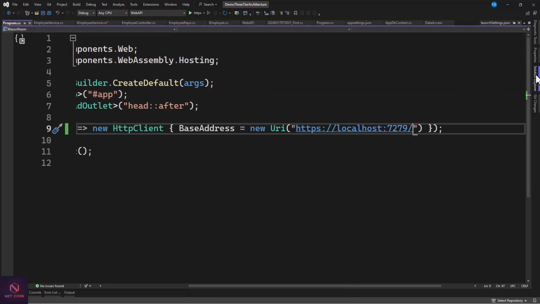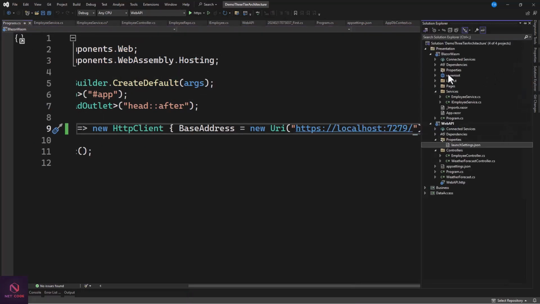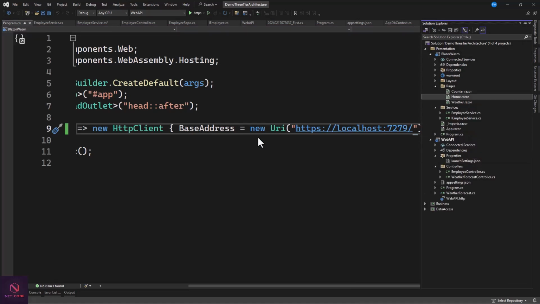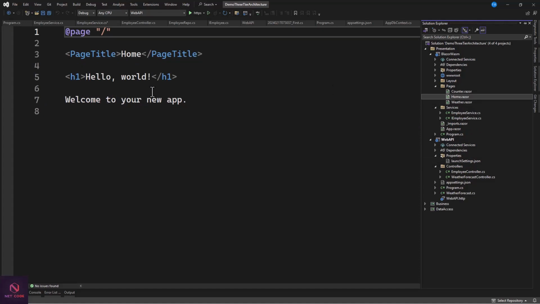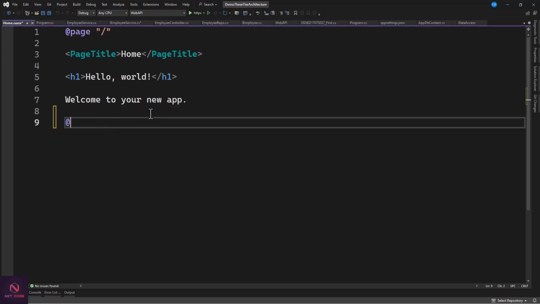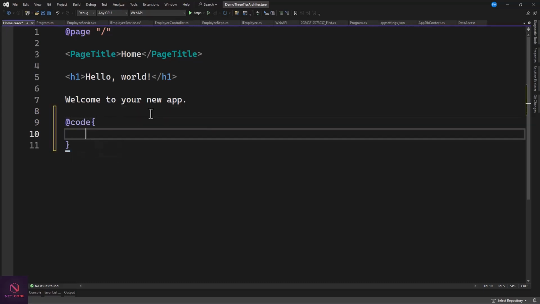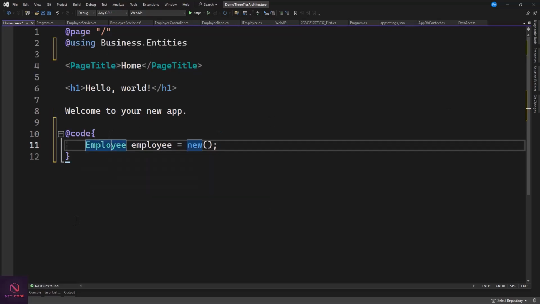Let's go to the home page. Now from the client section, we go to Pages, we go to the home page, and now in here we are going to start working on it. So in here we can have an edit form to handle this. But before that, we can have an employee, and now this employee is coming from the entities. Aside from that, we need to create our